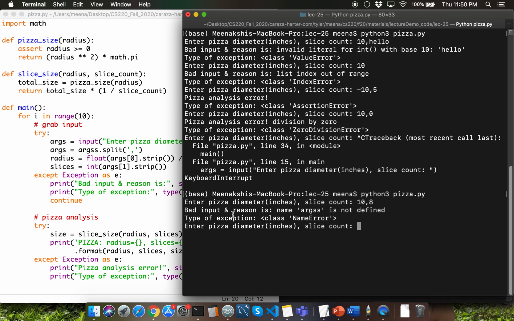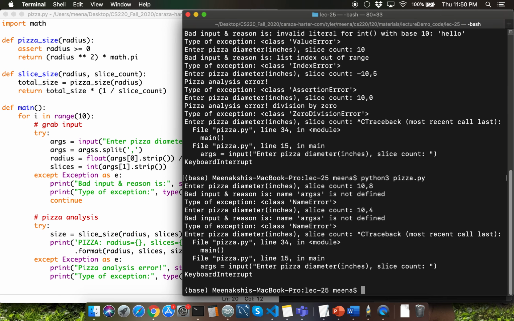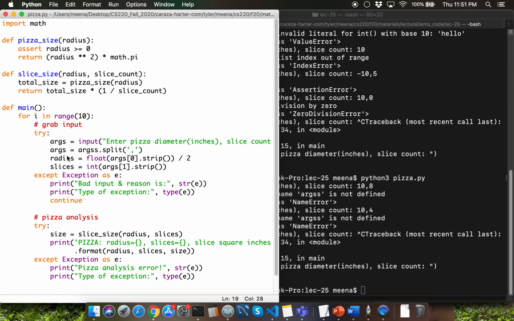Notice that we just keep going back to the user prompt. What will happen if I enter another set of valid input? You're going to get the same error, correct? That's kind of not a good idea. Why is that the case? Our except block is too generic, so it's able to capture any kind of exception. That's not what we want, right? What is the use if it captures name error kind of issues which obviously need our attention and need to be fixed immediately? So the way that you can handle that is, instead of saying exception here, you can say